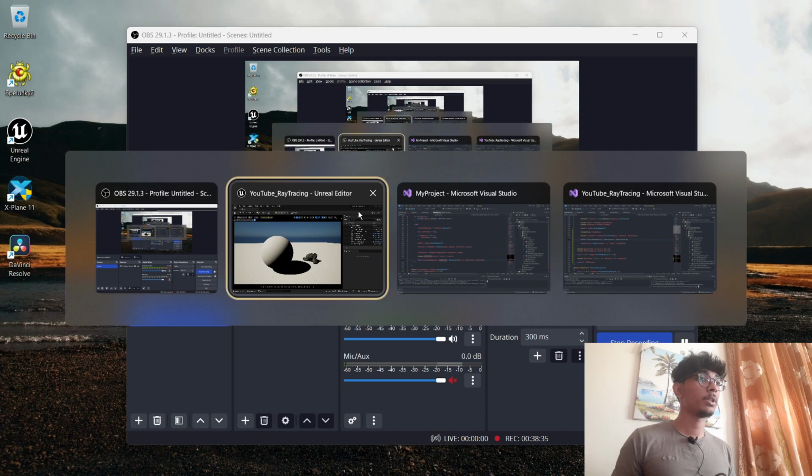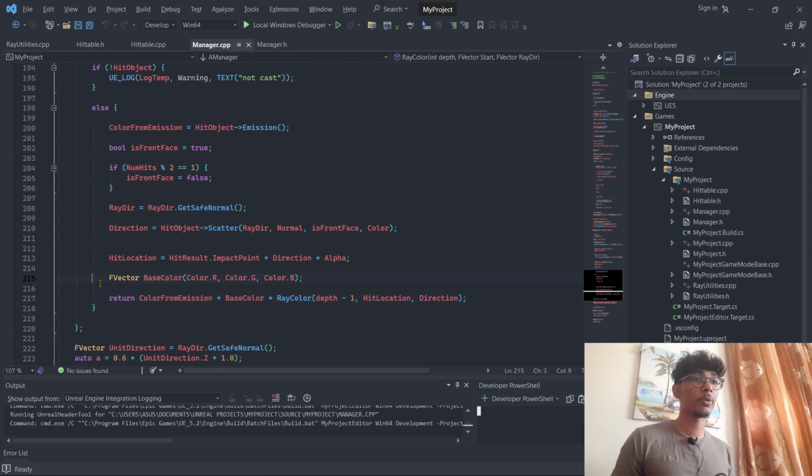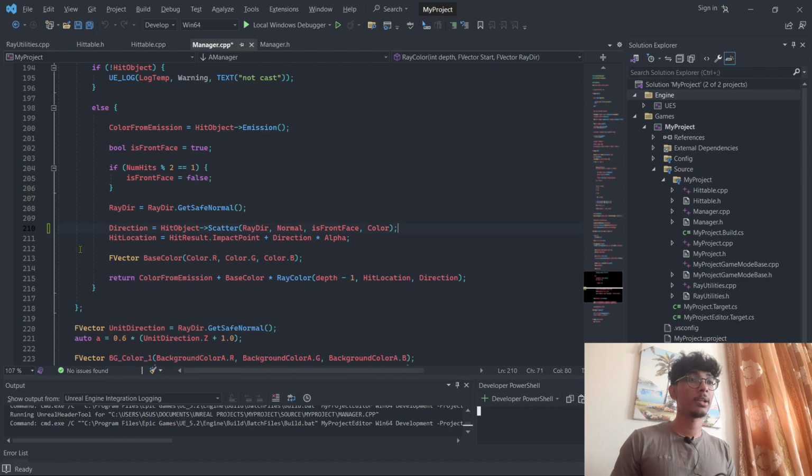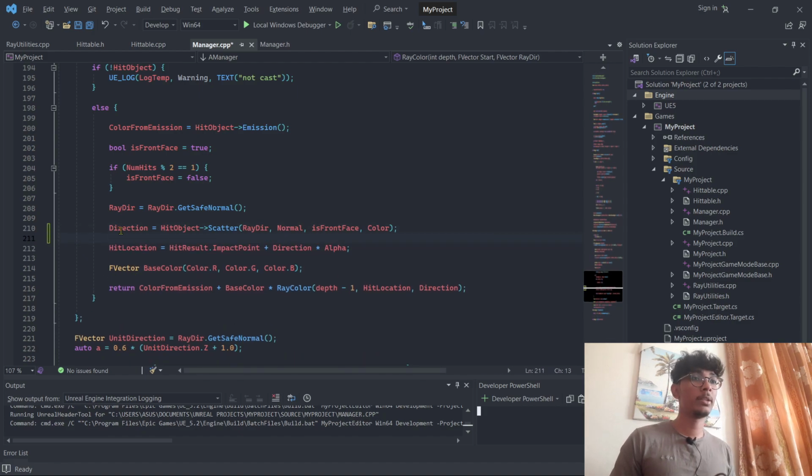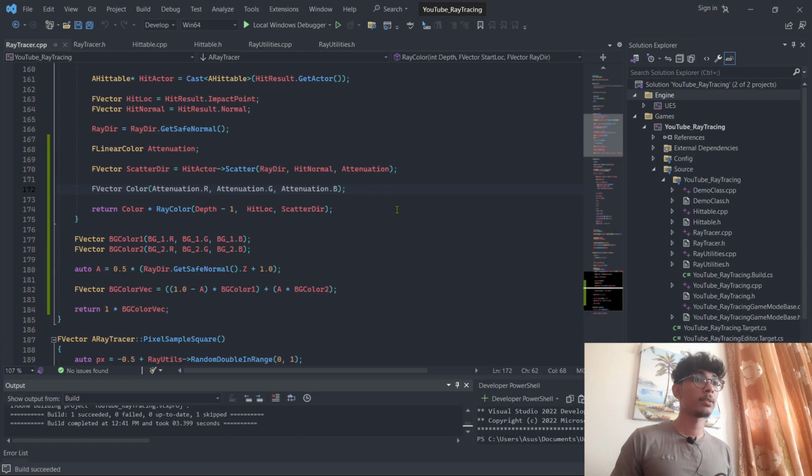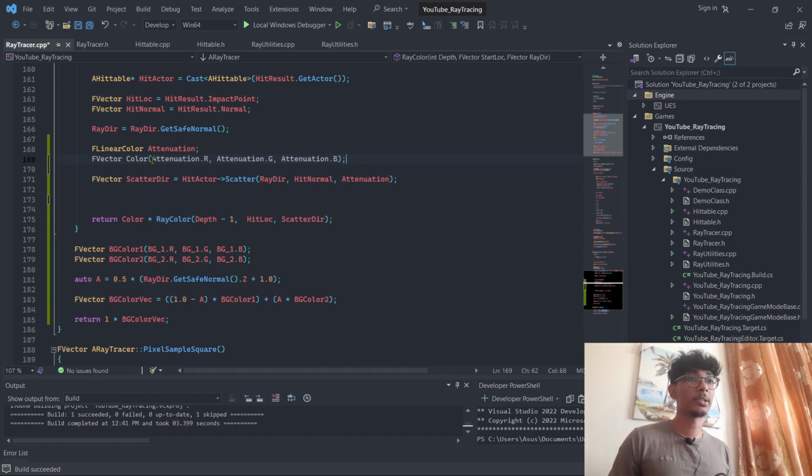So if I come back to the project itself, this was the problem, the order of execution essentially. We define the attenuation here, f linear color, and then we pass it on. But this statement was actually before we get a return statement. So f linear color attenuation RGB, that's fine, right? But we don't actually have a value before we call the scatter direction. So we just have to take this and plop it here,